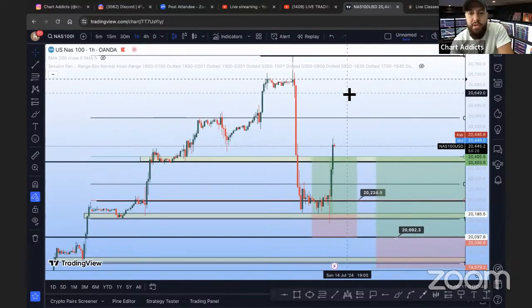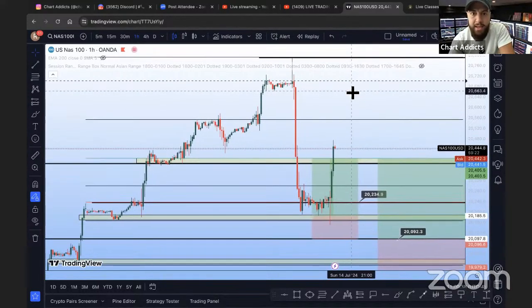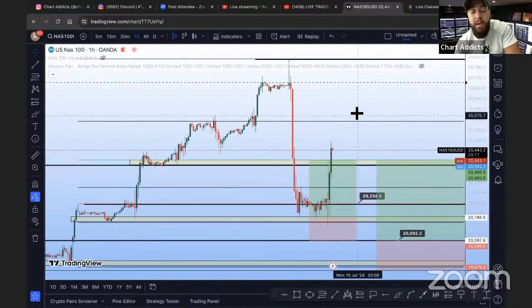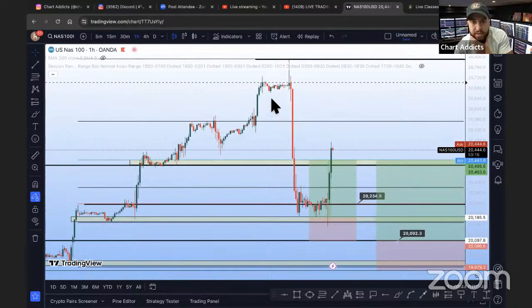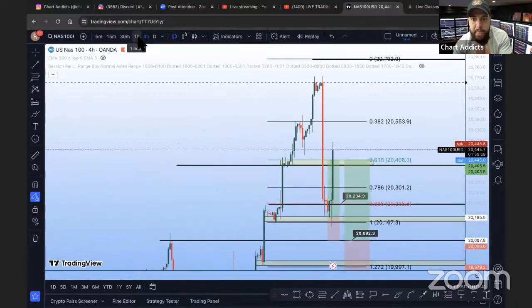I try not to go into those details too much because, let's be real, trading is about simplicity. The more complicated we get with the strategy, the less likely it is for beginners to make money. But a lot of you have had months and months of experience. Let's take that understanding to the next level now.